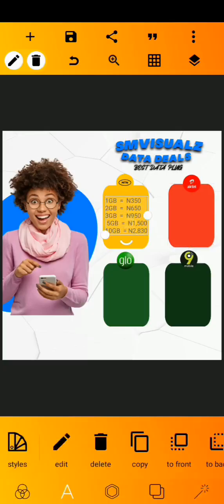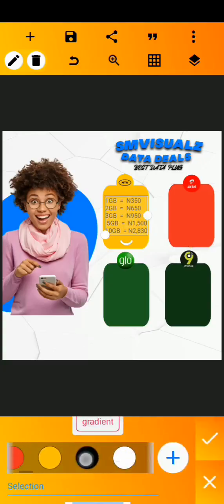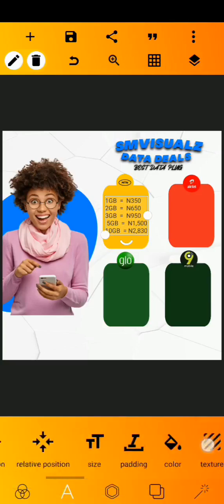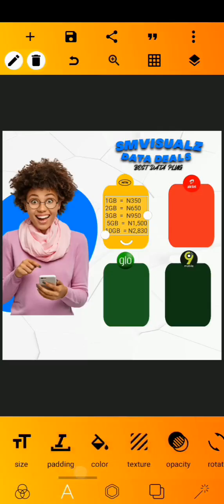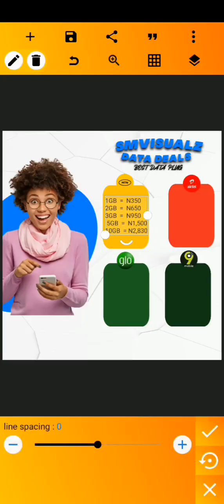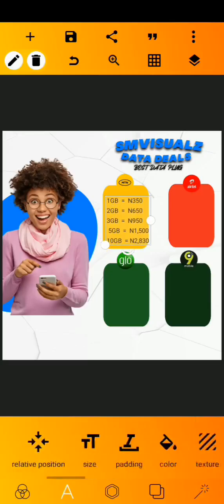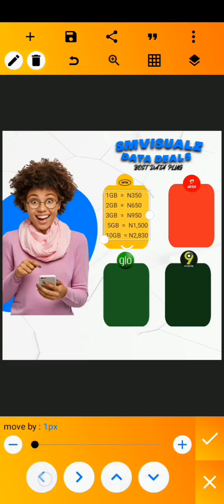So I'm going to add color to this text, adding a black color to it. Then I'll look for line spacing. Click on the line spacing and increase the line spacing to 8. After that, I'm going to click on position and position this right of the arrow. So after positioning it to the perfect place I want it to be,